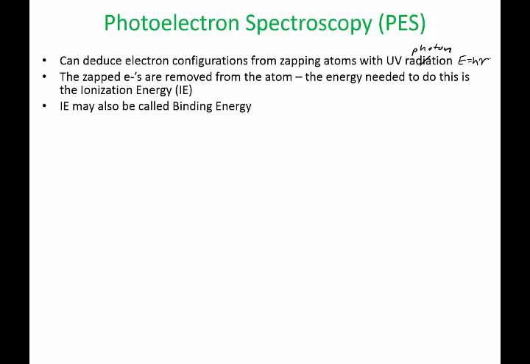Okay, so the zapped electrons are removed from the atom, and the energy needed to do this is the ionization energy, or this may also be referred to as binding energy when you're talking about photoelectron spectroscopy. Any extra energy goes into making the electron move faster. So in other words, let's draw a picture here of